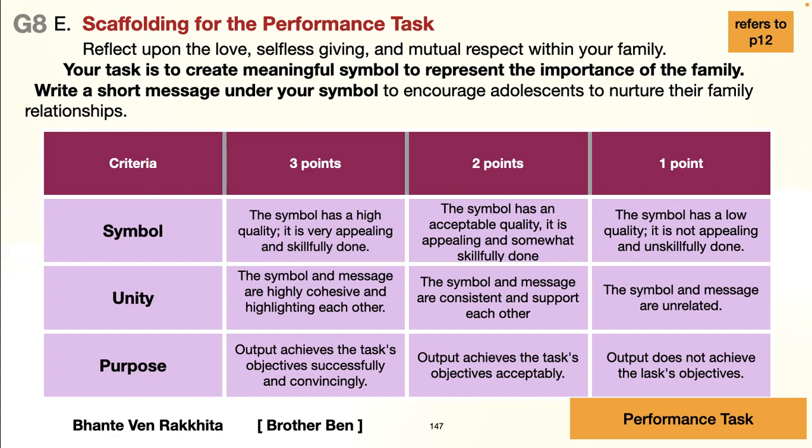For 1 point, the symbol has a low quality. It's not appealing and unskillfully done. For 1 point about unity, well, the symbol and the message are kind of unrelated. It's difficult to see what they've got to do with each other. And for 1 point, the purpose, the output does not achieve the task's objectives. Okay, got that? That's how that performance task is going to be rated. 3, 2, or 1. All right, let's move on